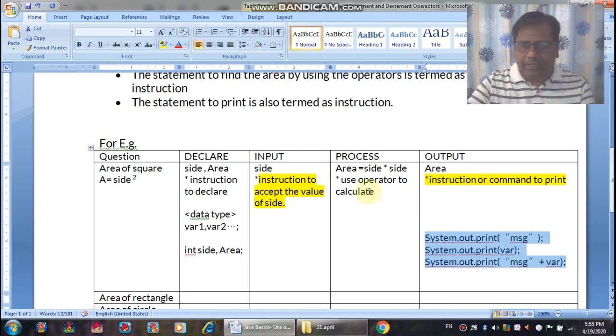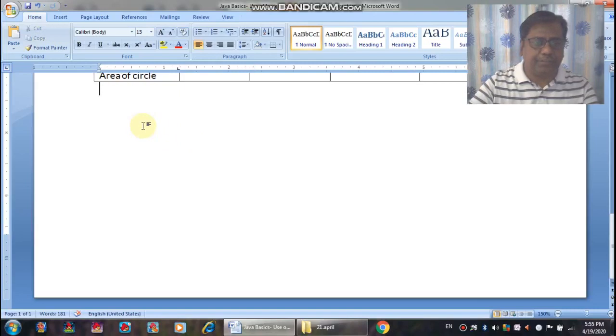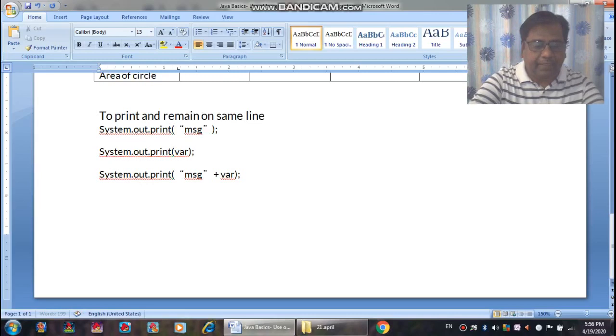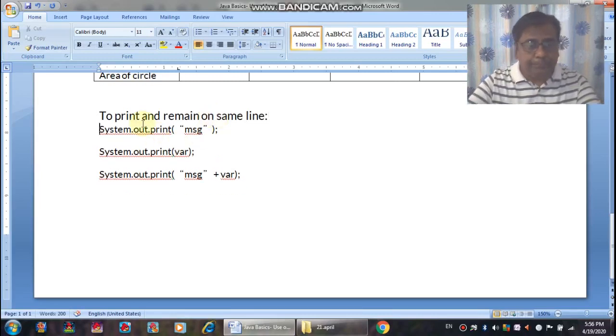One more thing, I will make it clear here. When you are using the output writing statement, print and println means, print and remain on the same line. Clear?